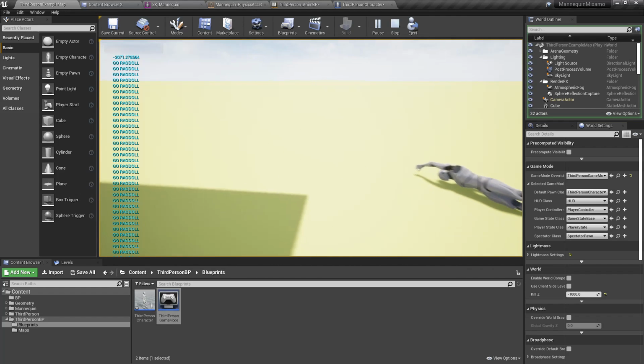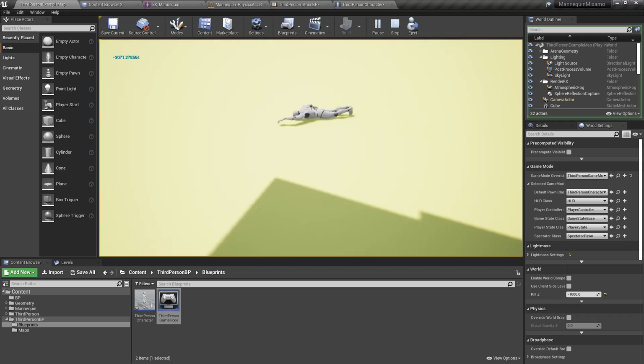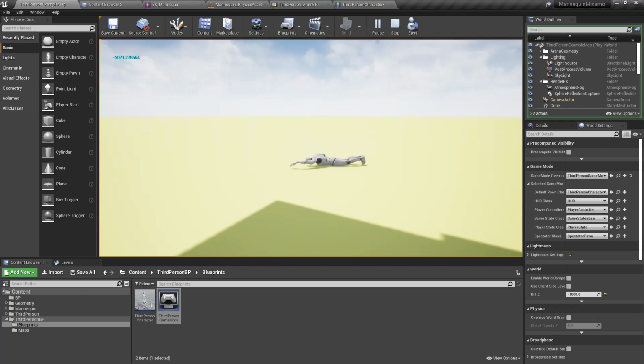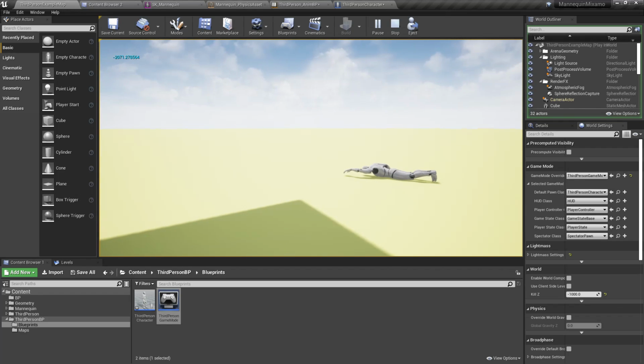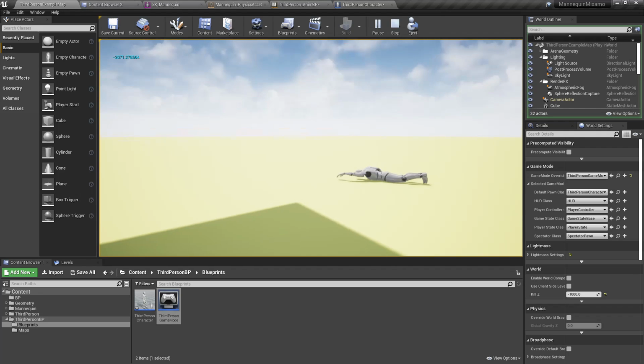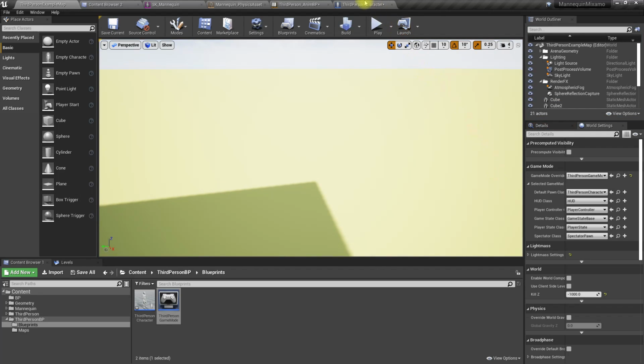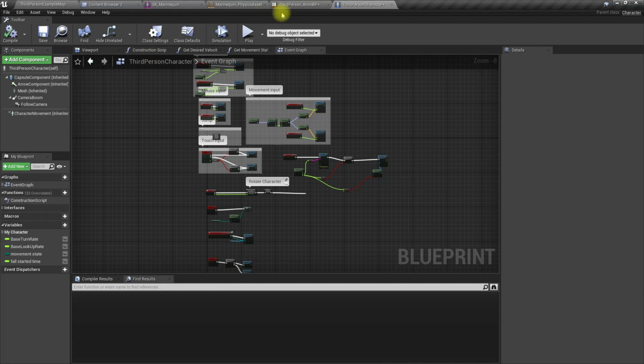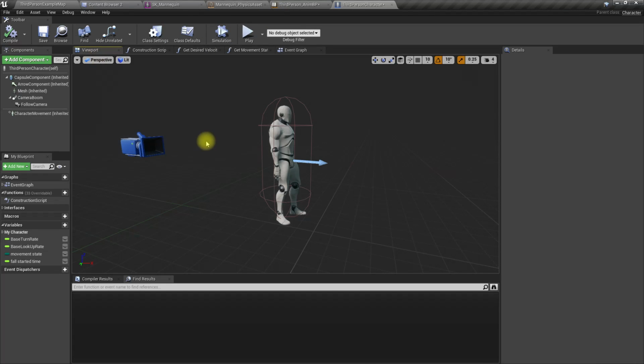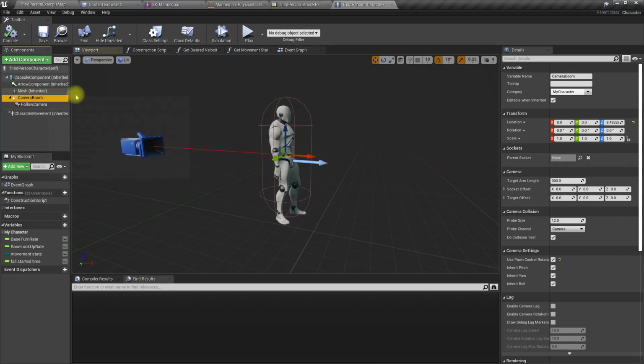Okay, enable the ragdoll. Now as you can see, the camera was moved. The reason is we have attached the camera to the capsule.